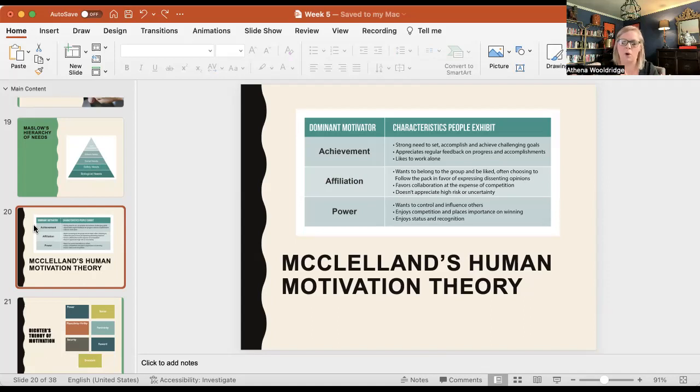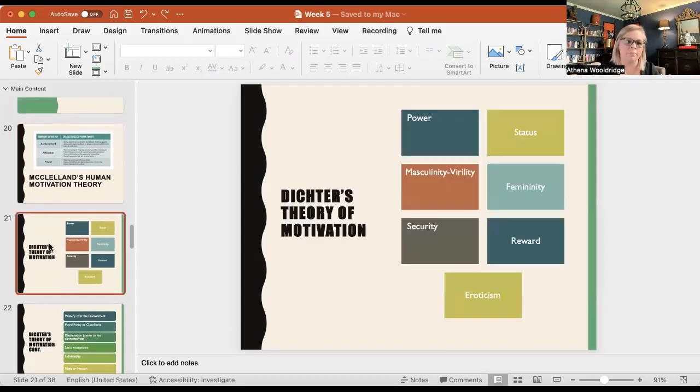Okay. And then, of course, power. We want to influence others. We want to be in control. And we see this in a number of different things with celebrities, high-ranking executives, politicians, etc. That's a real extreme example of that. Okay. The Deichner's theory of motivation, it's the same thing: power, status, masculinity, femininity, the duality of those two, security, reward,